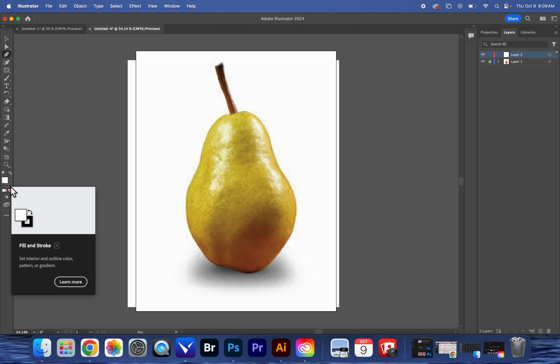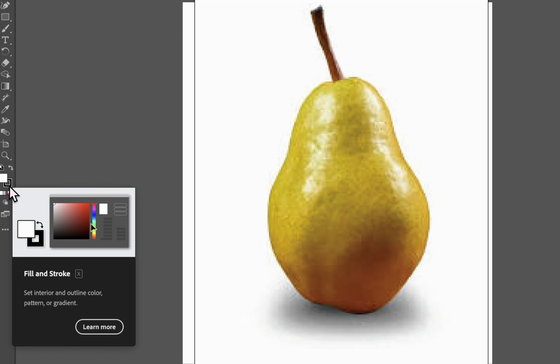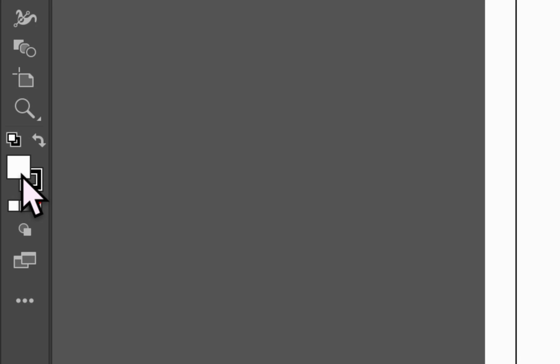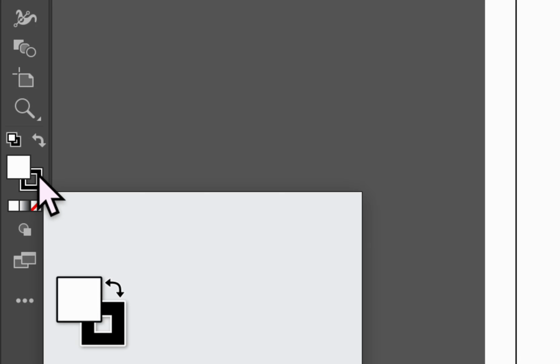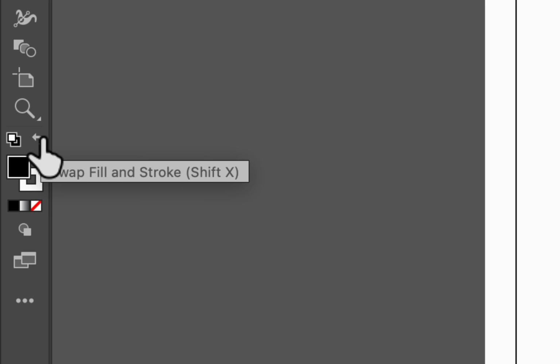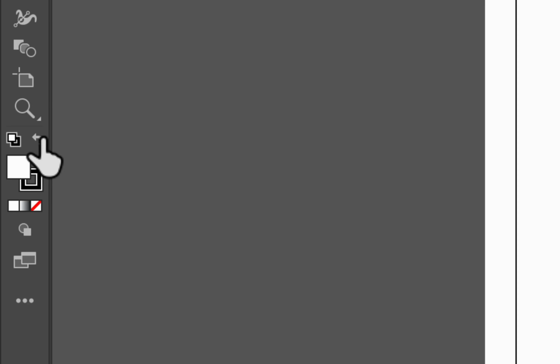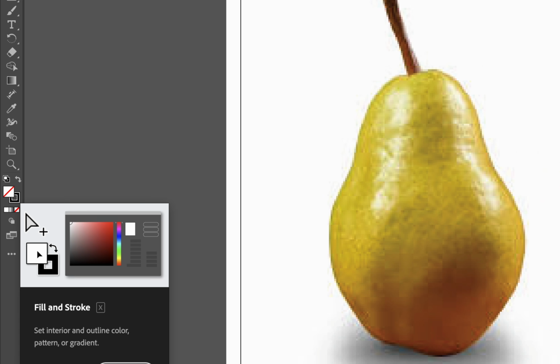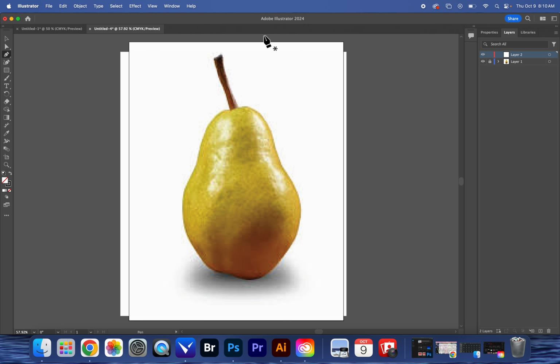And then now we need to focus in on our fill and stroke. So you can see those over here. The solid box is your fill, and then the outline box is your stroke. So this is the outline, and this is what's gonna fill the middle of the image. You can hit these arrows and it'll toggle the colors from the fill to the stroke. But we want to make our fill empty. So we're gonna go ahead and select no fill,